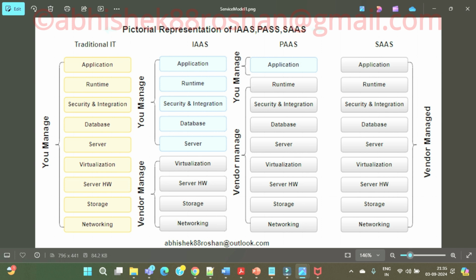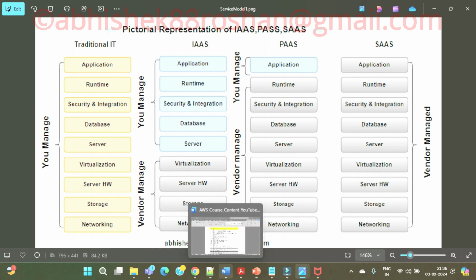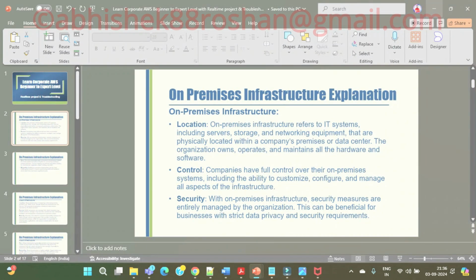But if Microsoft is managing all the things, whether it's your application runtime, security integration, database, all the servers, virtualization, server hardware, storage, and networking at a single location, that is called your traditional IT, and that is called your on premises infrastructure. Understanding my point, guys? Yes or no? So basically on premises infrastructure is the major one.